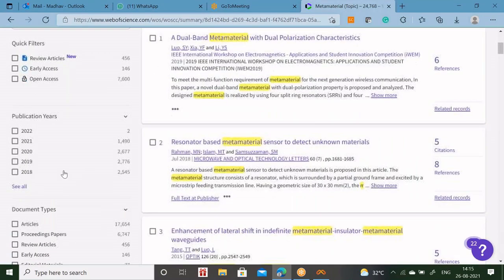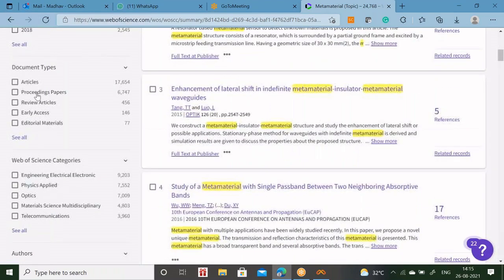And with the metamaterial name, in 2022, 2 articles are published. This is early access. In 2021 also, some articles are already published, which are scheduled in November, December. Like that, year-wise statistics you can see, and articles also.